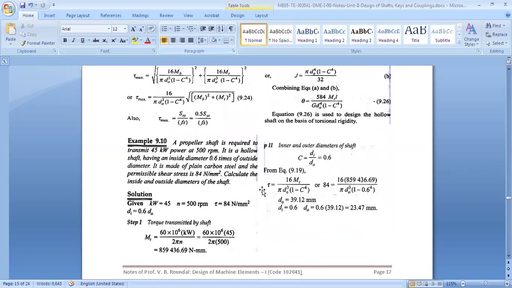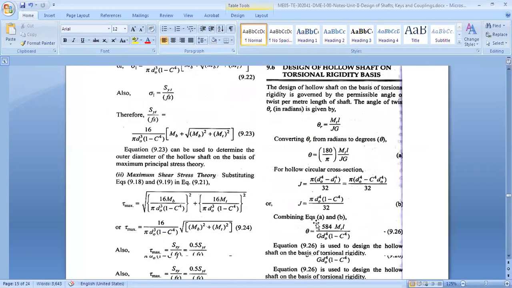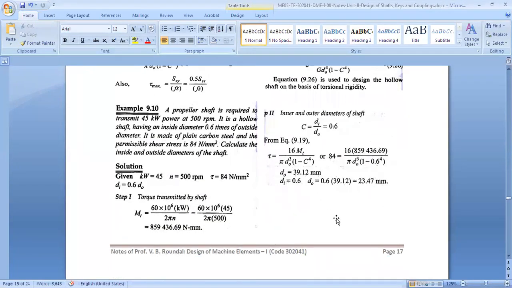I have given an example here. You can take a look at it, and let me just zoom it. Then in the next lecture, I will take a proper example of a hollow shaft. Here they have given a torque and all those things. Allowable shear stress is given, and they have found the diameter. Now I will take an example of a hollow shaft in the next lecture. Maybe I think today is Tuesday, so on Friday I will take an example of a hollow shaft.